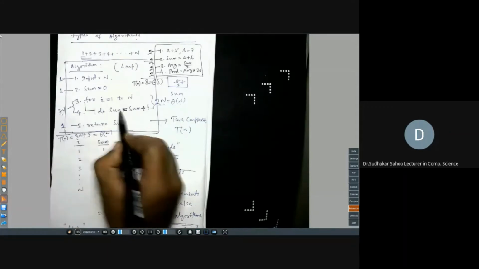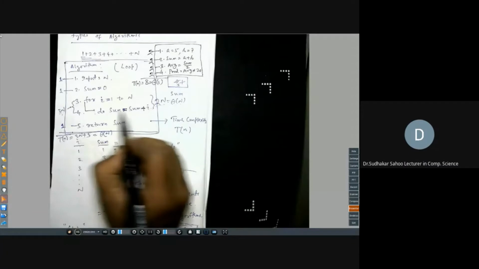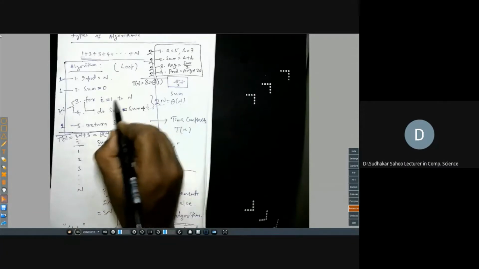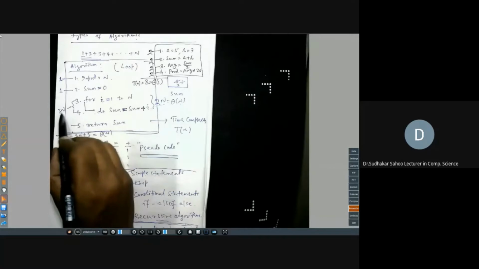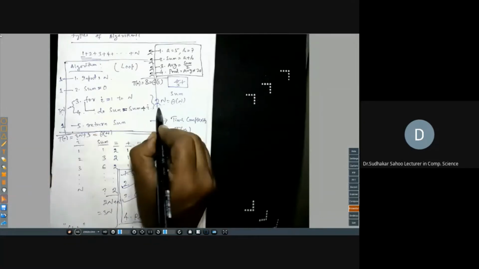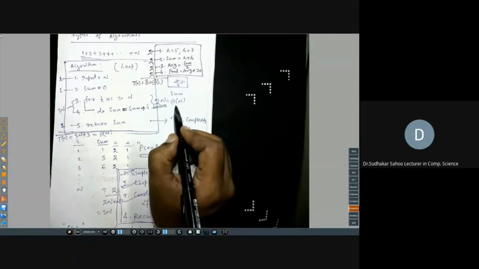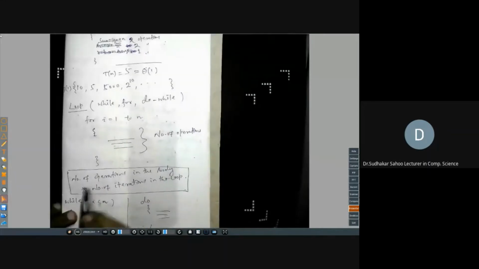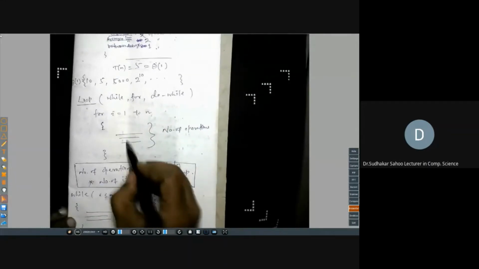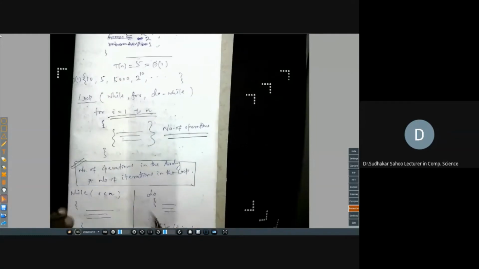So twice n. Sometimes, if you add i equal to i plus plus, then it is 3n. Otherwise, it is twice n. So we have written here, this is twice of n, so it is theta n. So this is what we have written: in case of a loop, find how many operations are there into the number of iterations, right? This is the time complexity if it is a for loop, while loop or do while loop.